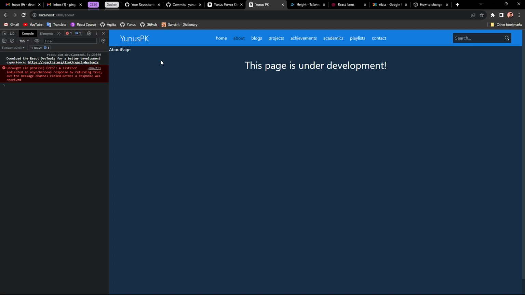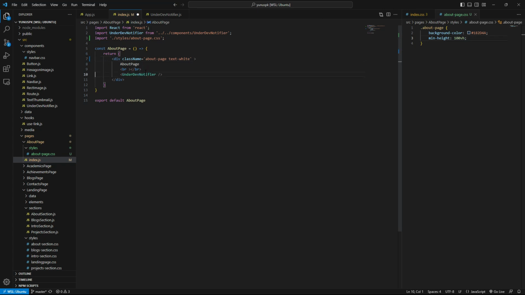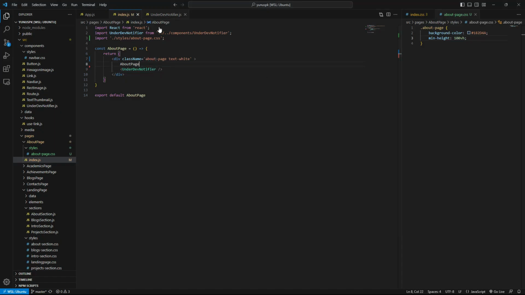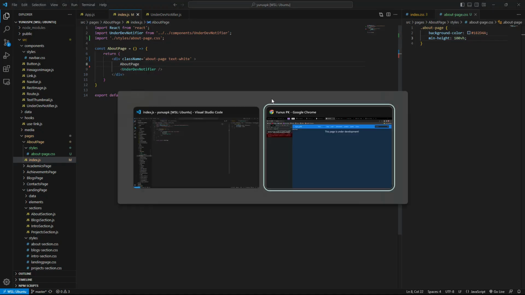This page is under development. We're gonna use some cool animations or something like that here. We do not need those breaks anymore. It's pretty good. About page. Now we're gonna commit that. And we have to do that with every page now. Okay, why not we just give it in the index.html, index.css.